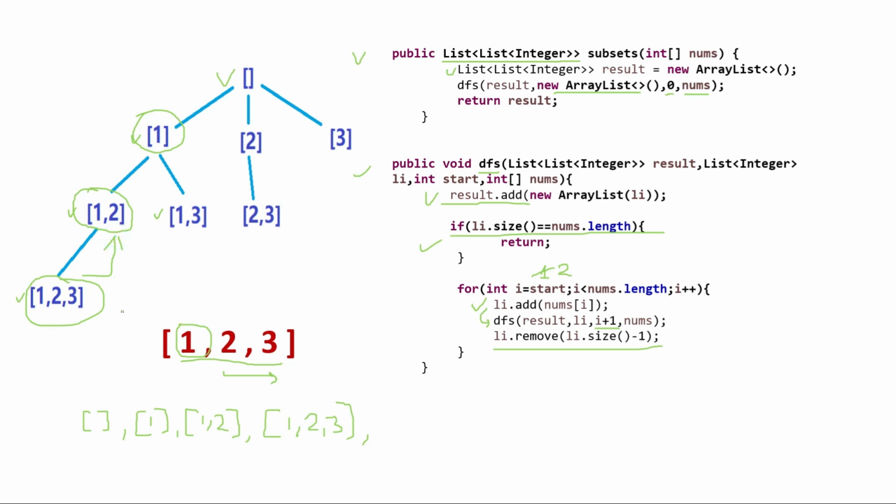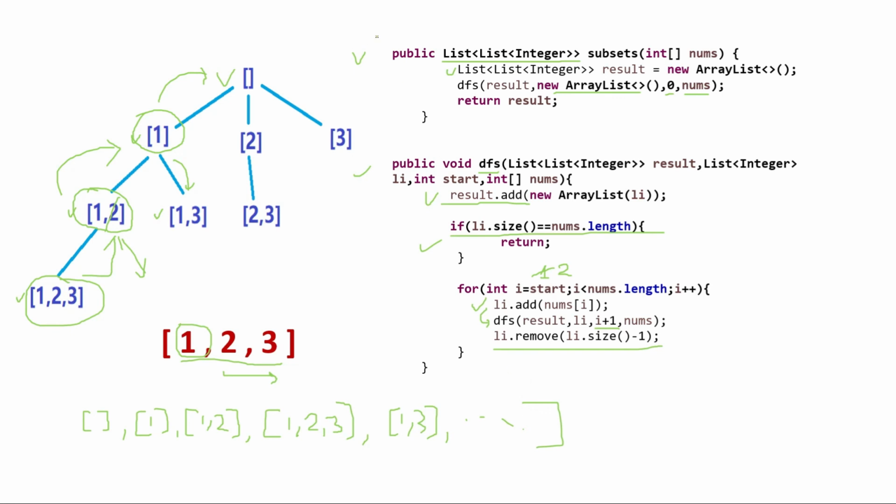So this is the beauty of backtracking. Whenever needed, you just keep on growing the list, and then you start removing and take another path. From 1 comma 2, I can't go any further because there is no choice left. So we will go back to 1, but at that time we will remove 2 and it will become 1. Then we will go to 1 comma 3, and collect that as a result. Similarly, it will go to blank again, then 2, then 2 comma 3, then 2 again, then blank, then 3. Similarly we will complete that.